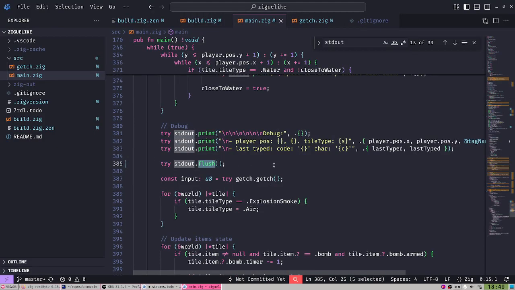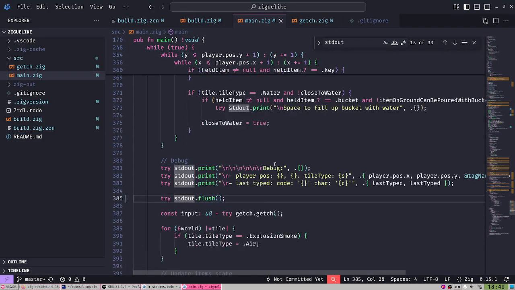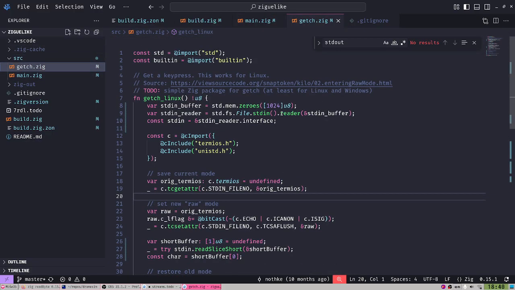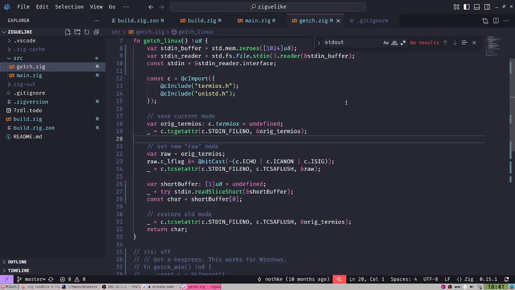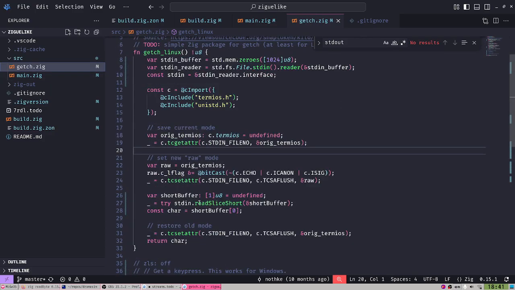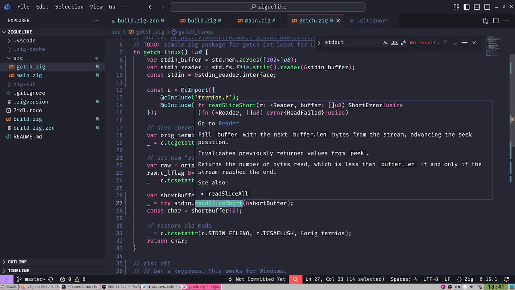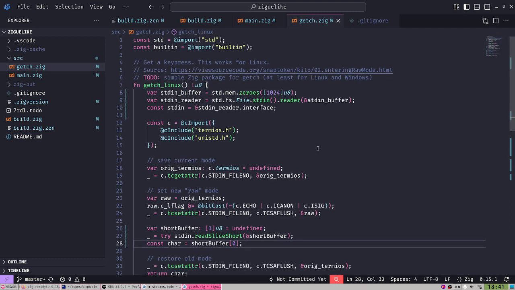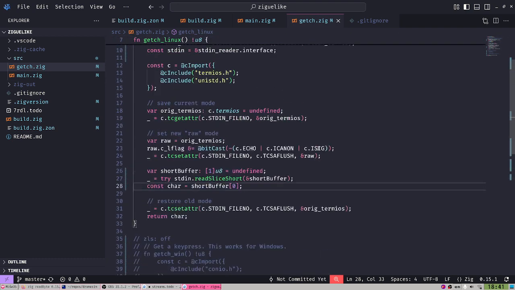So stdout flush, and what I finally had to do is convert my getch to use the get character function with a read slice short, because read byte no longer exists. So that's it.